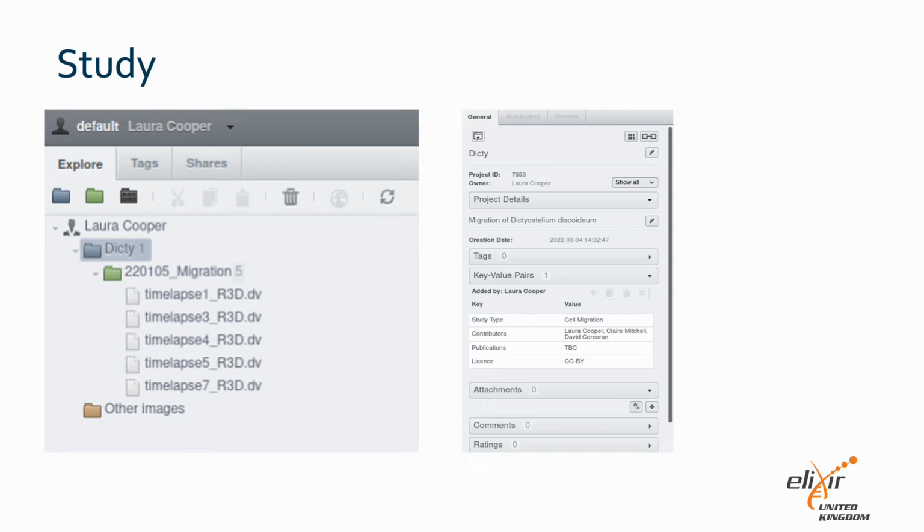If you are familiar with the REMBI guidelines, we will be treating the project as a study and the dataset as a study component. If you are not familiar with REMBI, you may want to check out the other RDM bytes on that topic. In this example, I have data imported into Amero already. However, you can create a new project and dataset and add metadata to it before you have any images. You can then just add your images to the appropriate projects when you have acquired them.